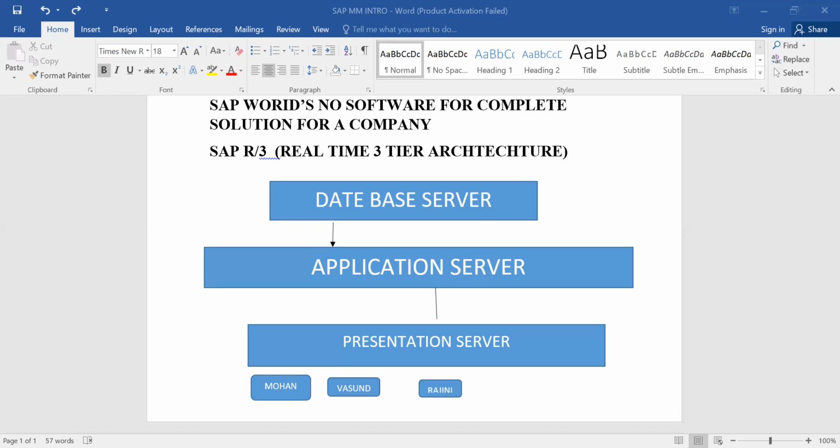Maintenance project. What is the maintenance project? Can you tell me, please? After installing SAP, definitely when it is running, some issues will come.